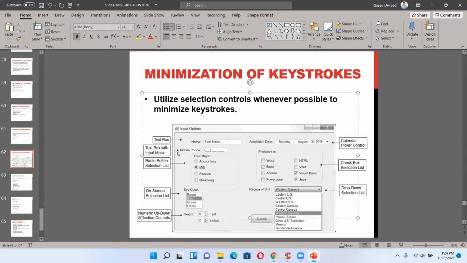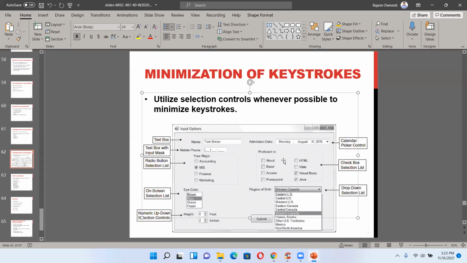Text box with input mask, mobile number: you have to type, but you cannot type 8 digits or 9 digits, you have to type 10 digits only. Radio buttons for selecting which major, MIS or accounting, and selections like eye color and height. This kind of design reduces errors and keystrokes. Region of birth here, and then submit.